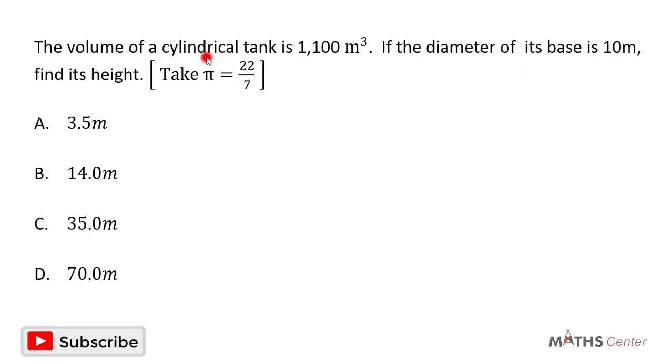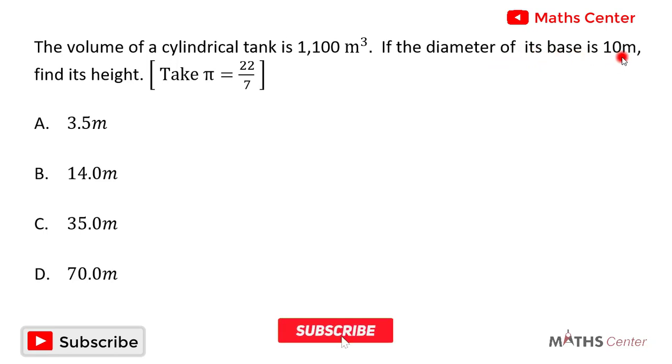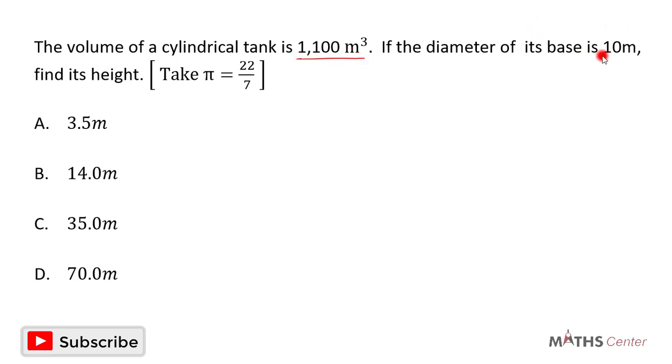The volume of a cylindrical tank is 1,100 meters cube. If the diameter of its base is 10 meters, find its height. This is a multiple choice question, and so we will solve the question, and then after that we will pick the correct option. The volume of the cylindrical tank is 1,100 meters cube, and the diameter of its circular base